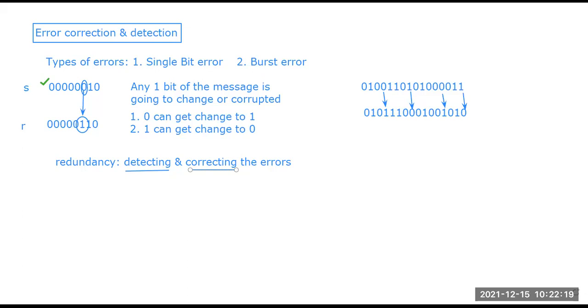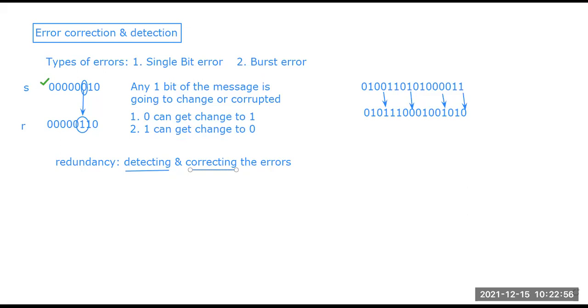So there are two parts. First, error detection: we need to detect whatever error is happening. Second, error correction: after detecting the error, we need to correct it. In error detection, we first check, after the data transmission from the sender to the receiver side, whether any bits of the data got an error or not. There can be a very simple answer: either yes, an error is found, or no, there is no error.